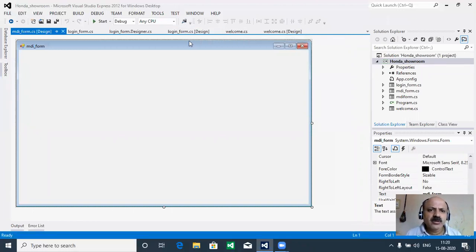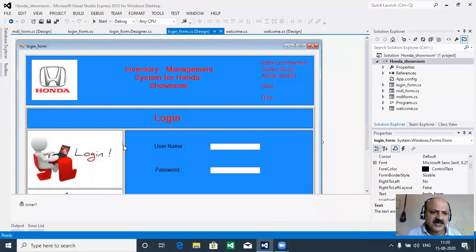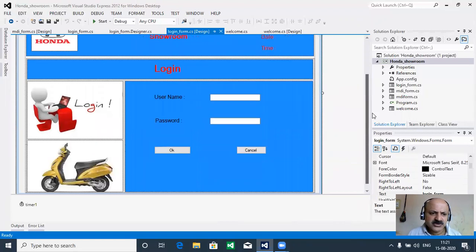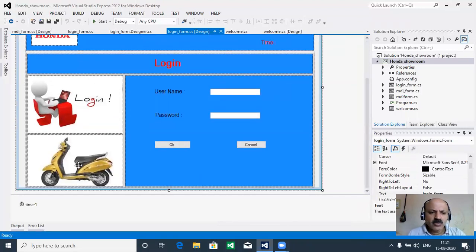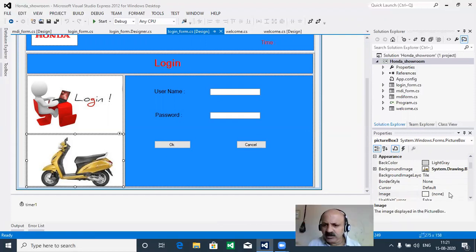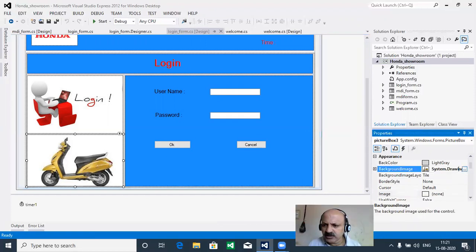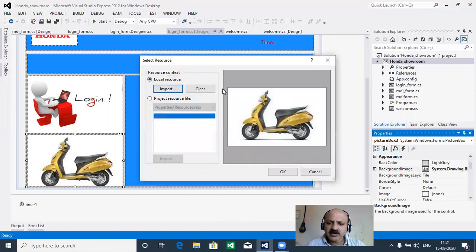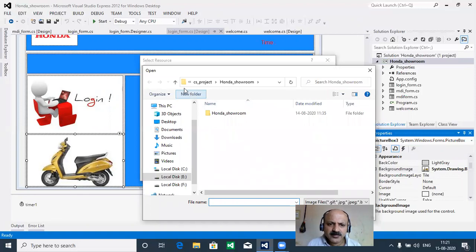So here we take this MDI form design, but in the login design I first change this, because we can also change it in the MDI. So here is the image. I first take one simple example to design. I just change this image, and you can take your project-related image from the internet or from your institute organization, with permission if the image is already there. So now here I select local and import, and I select the go in.